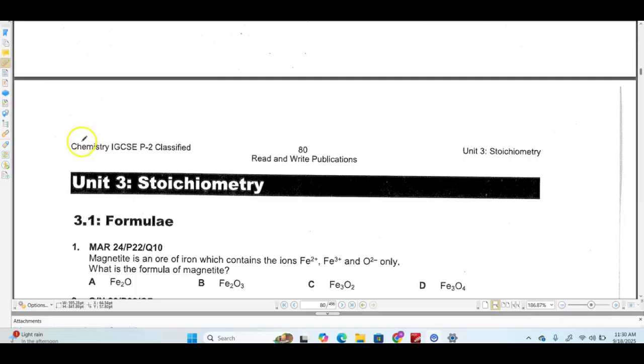0620. Currently we are doing the chapter of stoichiometry, and in that chapter we are going to do topic 3.1,